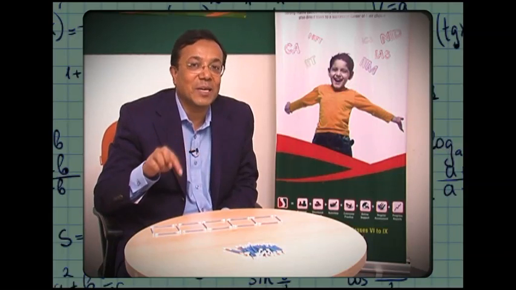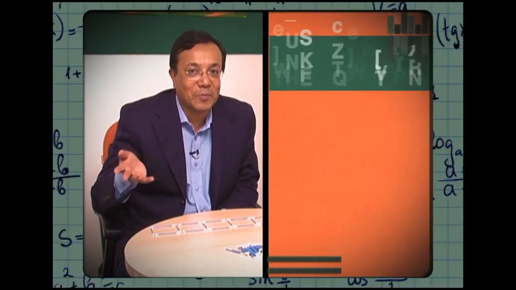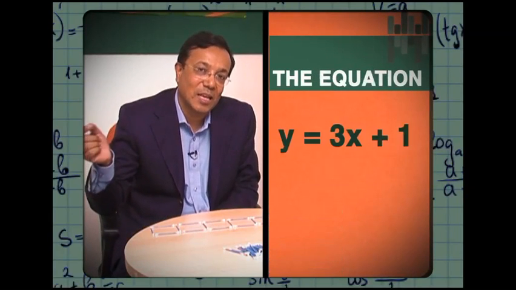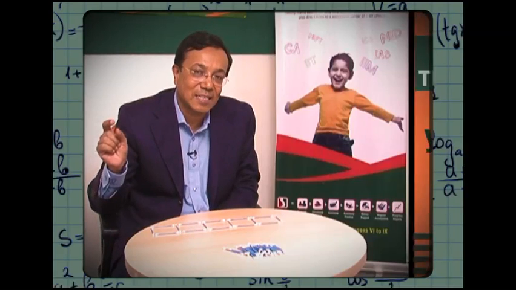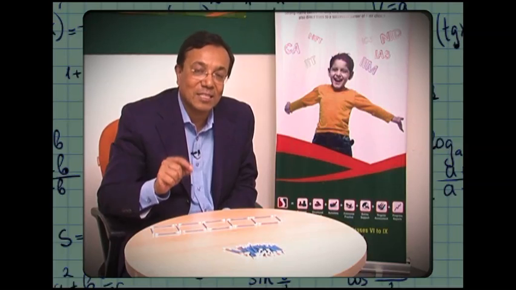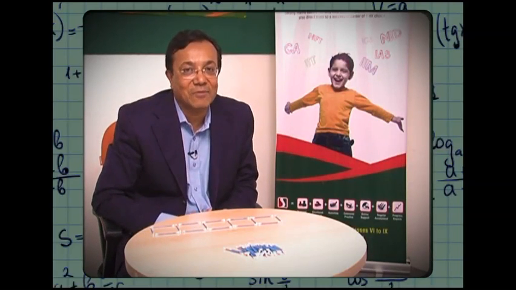And there is the beginning of understanding what a variable is, because this can also be represented as y is equal to 3x plus 1. And when the child gets this, they would really have got the central concept behind variables. So this is a very nice game to be able to play at home and to make sure that the children understand variables and algebra.